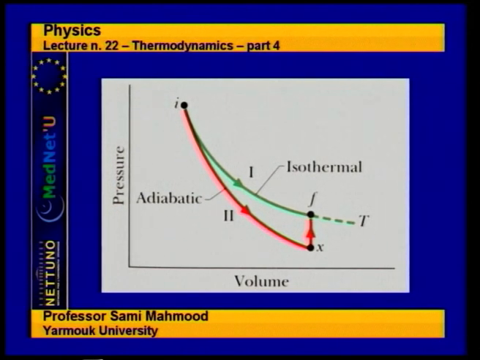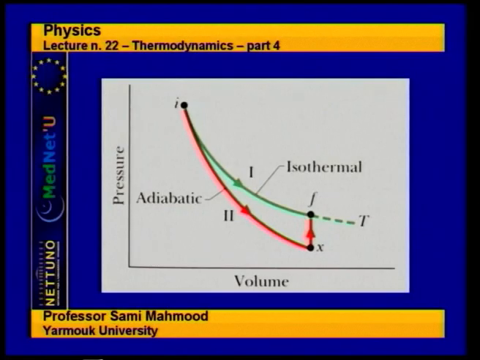The other process, the second process, is taking the system from state I to an intermediate state X through an adiabatic process, which is a process through which heat transfer to the system is zero, or from the system is zero. Q is equal to zero. And then after we reach the final volume of the system adiabatically, so we expand the system adiabatically to the final volume,